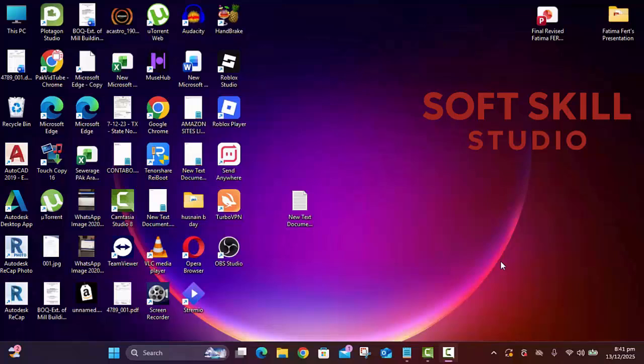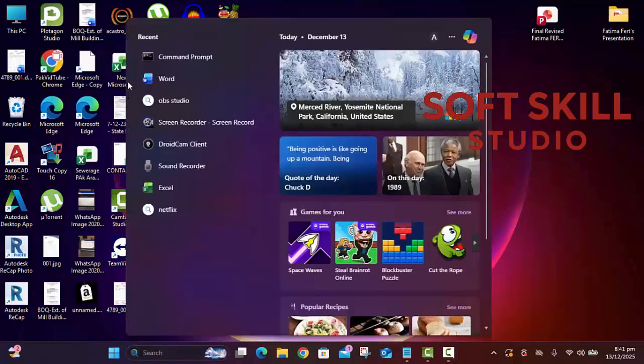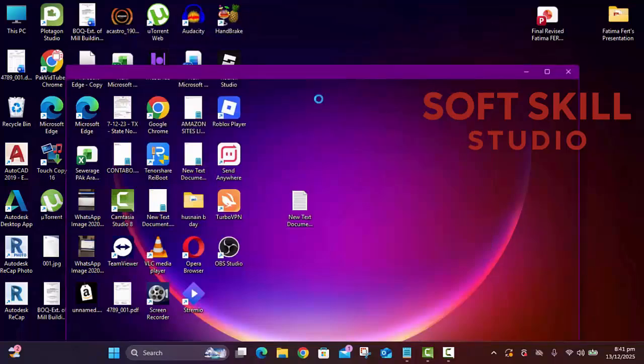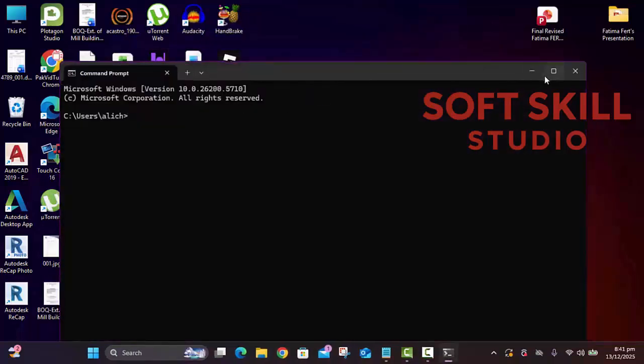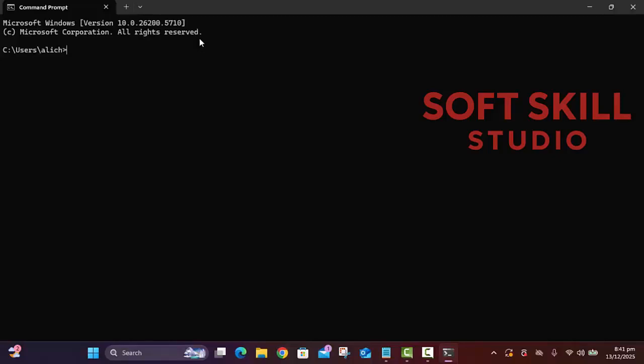Today I want to ask a question: have you forgotten your Wi-Fi password? If yes, then here is the solution. First we can go to command prompt and here I can write the command